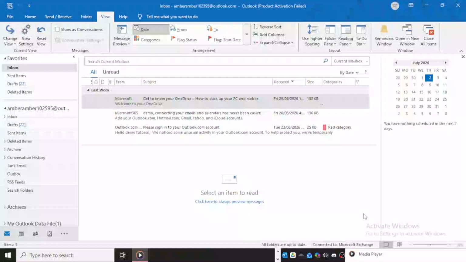In today's video, I'm going to teach you how to reconnect Outlook to Server. If Outlook is having trouble connecting, don't worry. In many cases, this is a simple issue that can be fixed with a few basic checks and one built-in repair option. I'll walk you through the process clearly so you can follow along at your own pace.